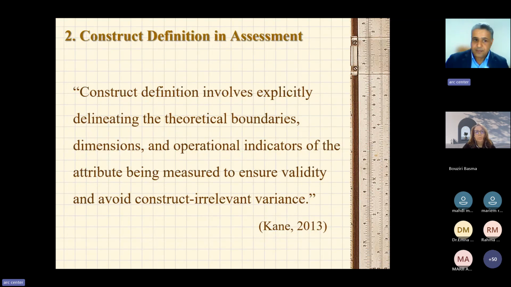This process involves explicitly delineating the theoretical boundaries, dimensions, and operational indicators of the attribute being measured to ensure validity and avoid construct-irrelevant variance. What is meant by this is that when you define a construct, first, there must be a theoretical definition. If we take the example of reading or speaking, for example reading, what is the definition of reading? What is reading? Sometimes we think as teachers, we think that